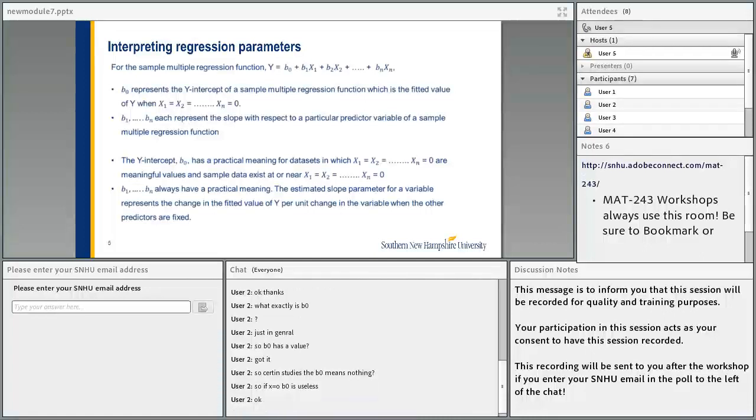Yes, in the example that I am saying, B0 is useless. But there might be some studies where B0 would still have some practical significance. I'm trying to think. There was one example in Zybooks where they talk about, I think, the level of